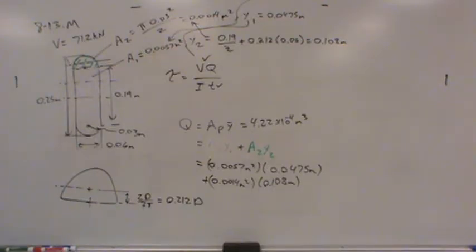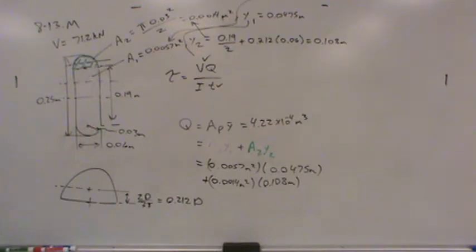So the area is simply pi, and I'm going to use the equation that your author has in the text. Go back to the appendix, page 691. You'll notice he has an area equation. It's pi d squared over 8, which is the same thing as pi r squared over 2. But I'll just use it because it's in the book. That way you can tell where it comes from. So 0.06 squared is the diameter, and then divided by 8. So there's the area of the